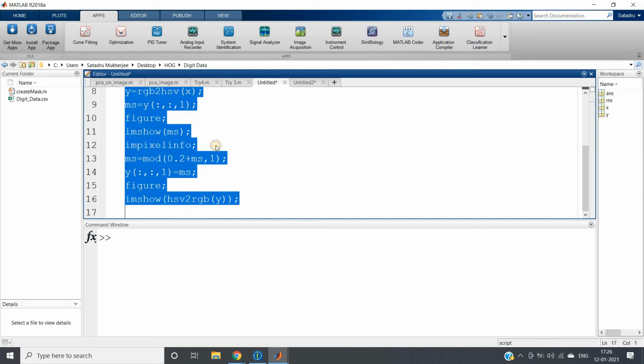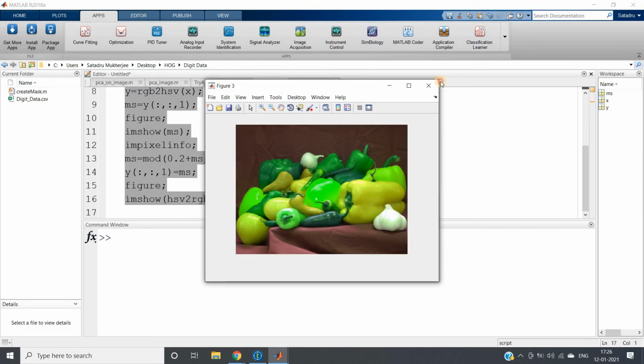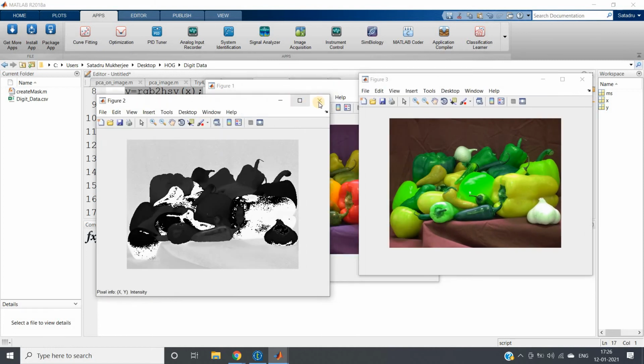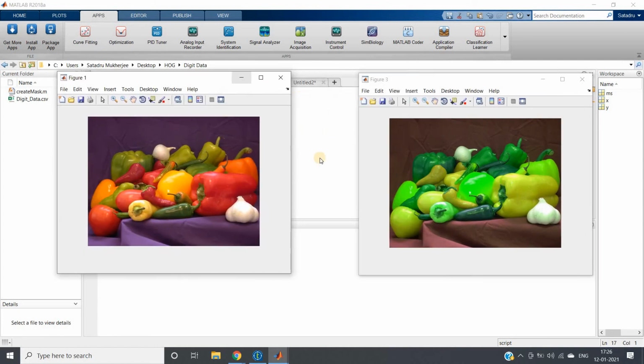Now let's check whether we can see some interesting pattern or not. Yes, see how beautifully the different colors have changed. This particular red color, all the red colors are going to this kind of yellowish color. All the green colors are almost the same. White color pattern is also not changing that much, right? Then you can understand that the same colors are changing in the same way.